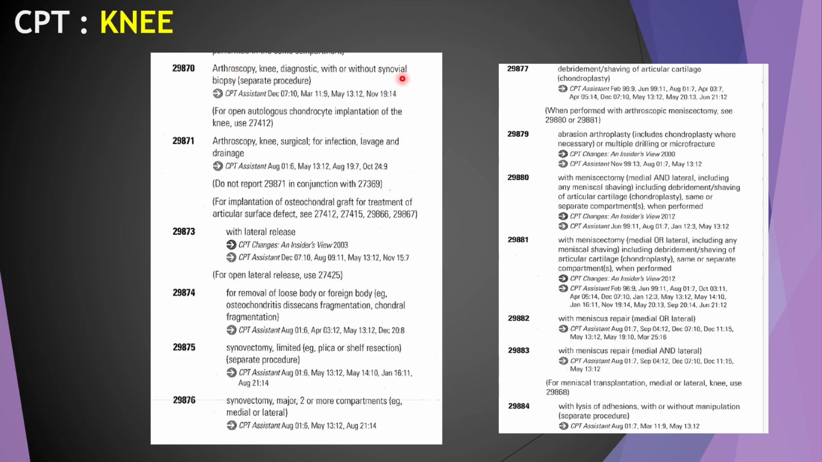So simply, that is a diagnostic arthroscopy of the knee, where the surgeon visualizes the knee joint using an arthroscope, with or without synovial biopsy. If it is with synovial biopsy, then also 29870. If without synovial biopsy, then also 29870. It is only for diagnostic purposes, and it is a separate, single procedure. Okay. Now coming to